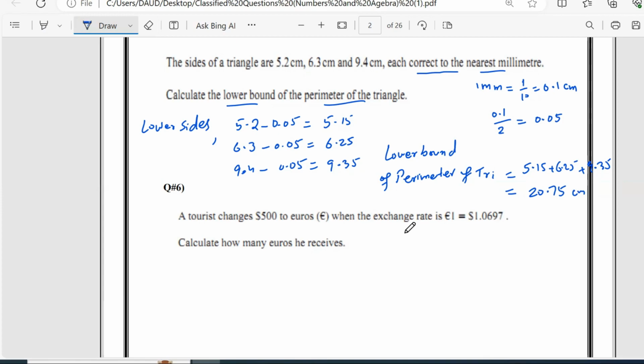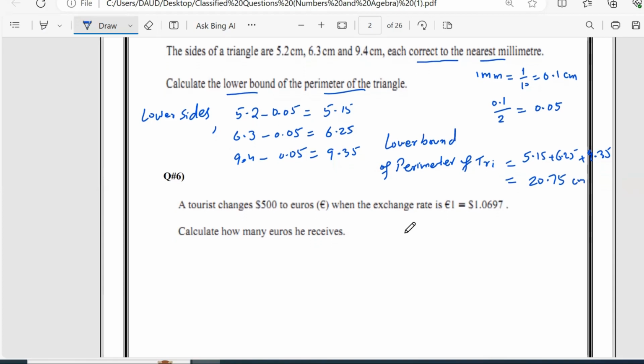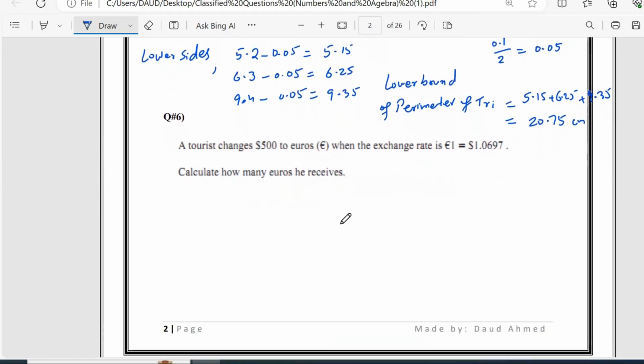Next one is a tourist changes $500 to euro. Again, this is related to currency exchange. So when the exchange rate is 1 euro equal to $1.0697, we are looking for $500 equal how many euros? So that gives me